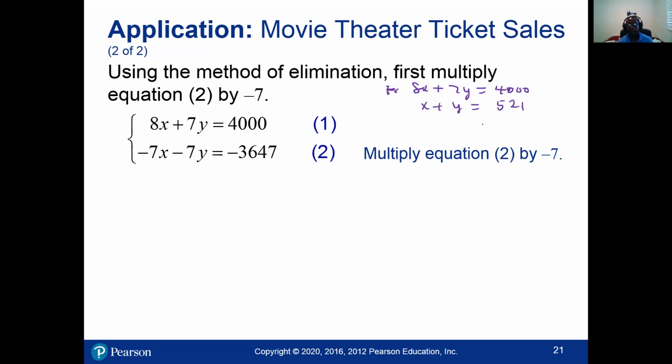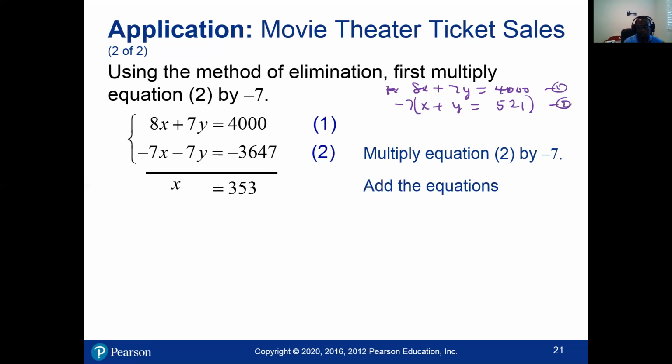Now, you notice that if I want them to have additive inverses and eliminate the y, I will multiply equation 2 by -7. Then when I add 7y to -7y, I get 0. So we multiply that through and get -7x minus 7y equal to -3,647. Then when you add, you are going to get x is equal to